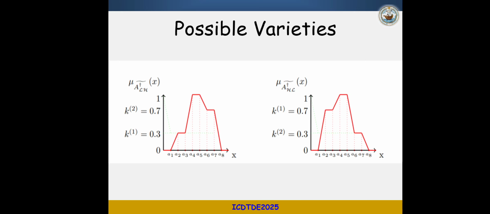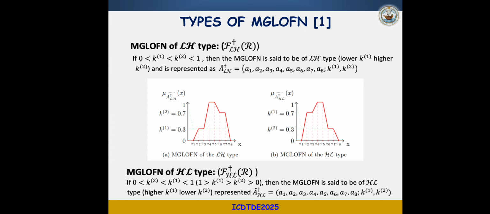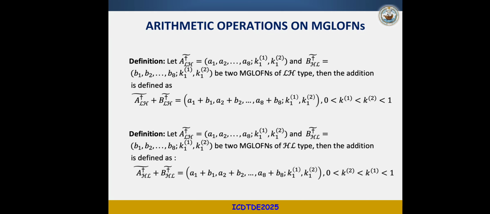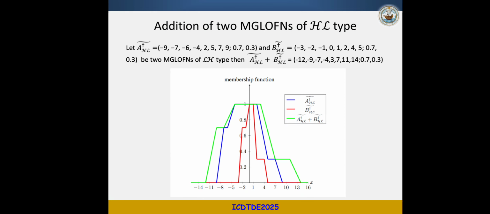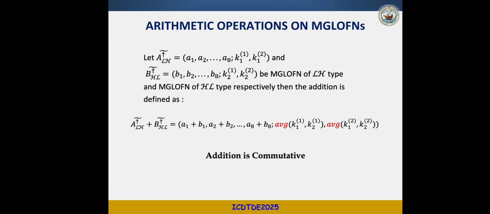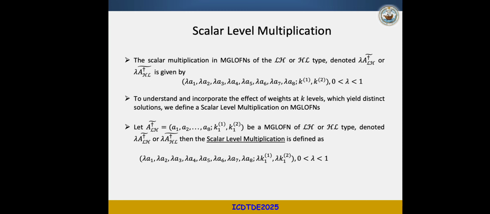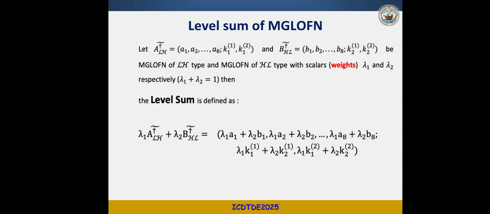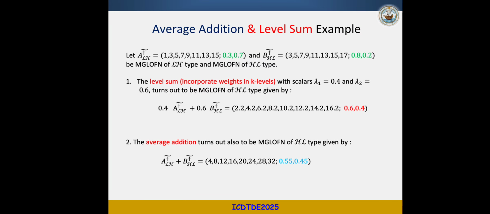So for our study, we have considered these kinds of octagonal fuzzy numbers. These are the types of fuzzy numbers and their definitions. You can add these 2 fuzzy numbers, as represented here, and these are commutative in nature. We have a scalar multiplication of these fuzzy numbers where you can see K1 and K2 are multiplied by the scalars. This scalar multiplication also plays a major role in previous applications as well as this current paper. This level sum also plays a major role, which could be extended for the sum as well.